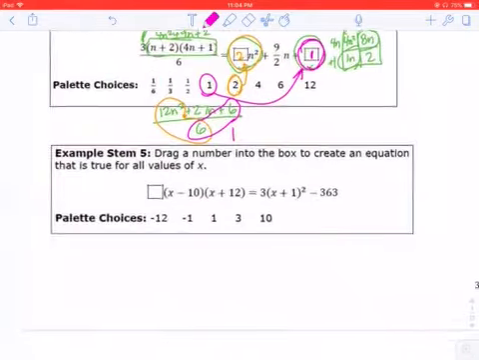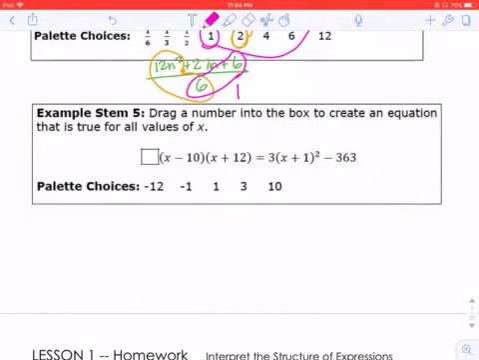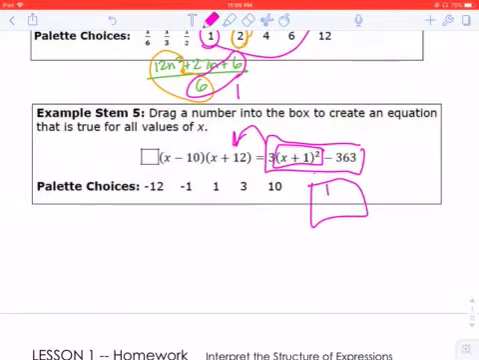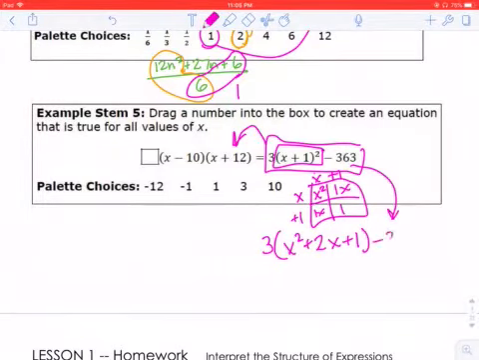And then finally, we have this last one here. It says drag a number to create an equation that's true for all values. So we just have to solve this side and see what this side could be. So if I'm thinking about this, I have this part, that's the box. So I have x plus 1, x plus 1, x squared, 1x, 1x, and 1. So that would be 3 parentheses x squared plus 2x plus 1 parentheses, and then I'm bringing this down, minus